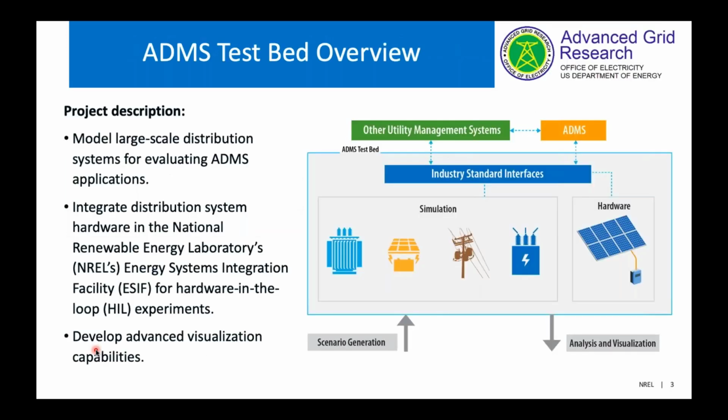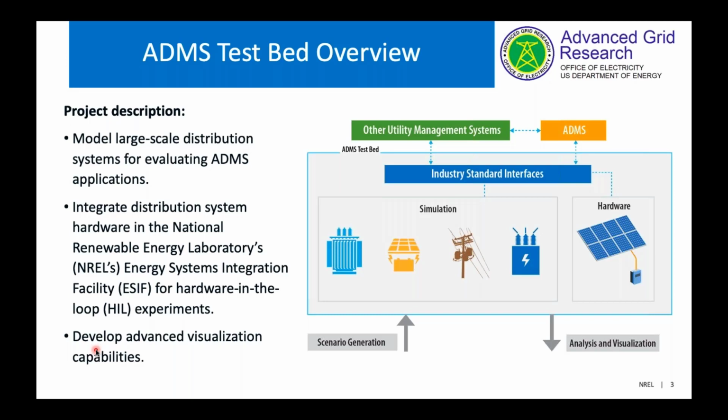This specific project, the ADMS testbed overview, as you can see, is the one that we'll be going through. The main objective of this project is to really develop 3 main things. One is a flexibility to really develop a large-scale distribution system to evaluate ADMS applications. I think this specific task here is to really come up with different tools that we can use on a multitude of data sets to really come up with simple large-scale distribution system models that we can use for evaluation.